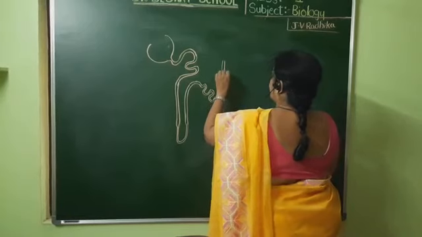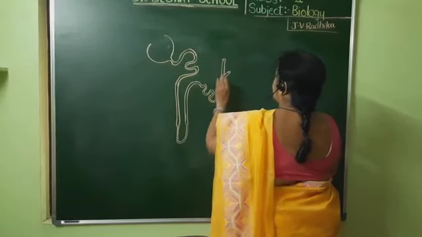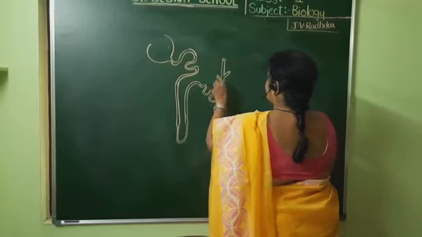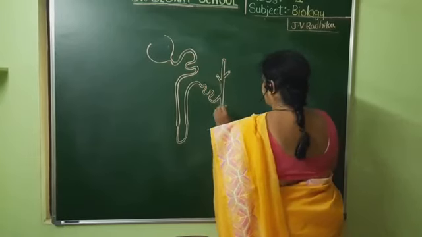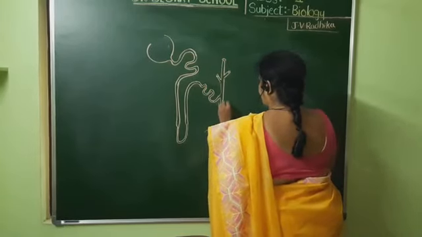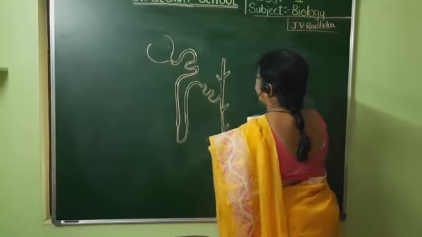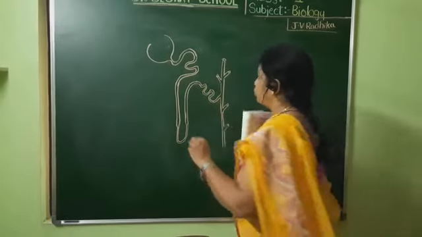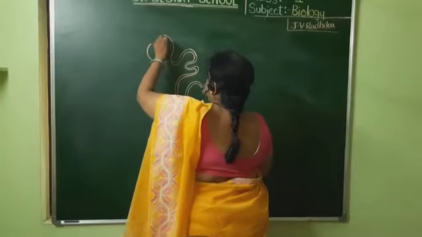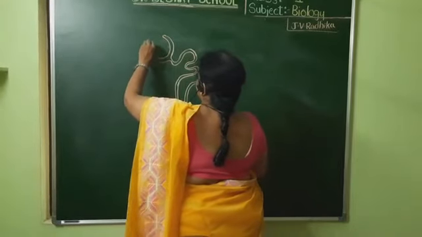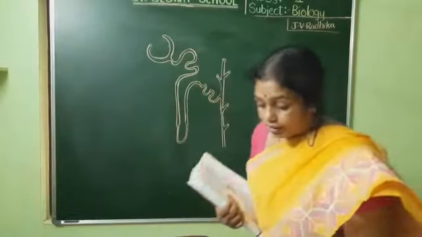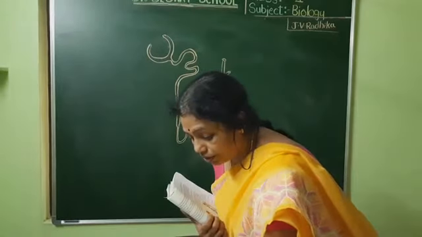All these connections are showing that it is joining to many more nephrons, because millions of them are there. Only one collecting duct will not collect from one nephron, but from many it would be collecting like that. So here I have shown the Bowman's capsule. I will complete the diagram. Now inside this I shall draw the glomerulus.